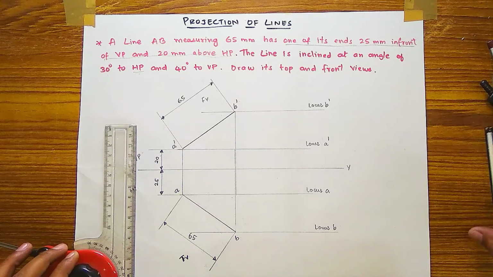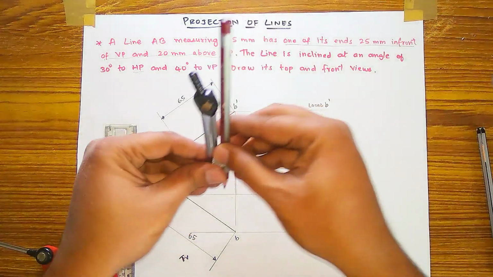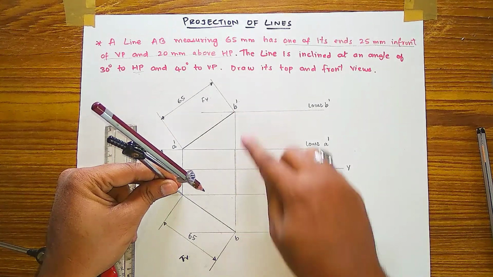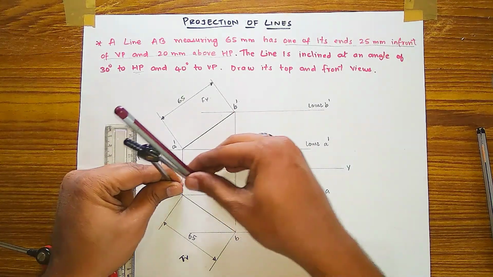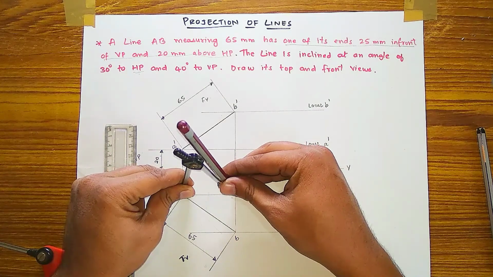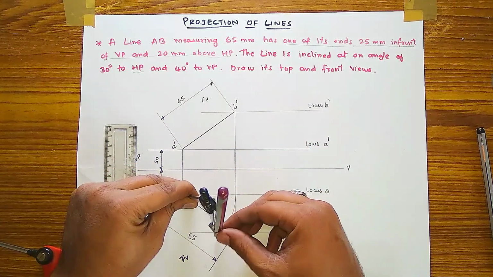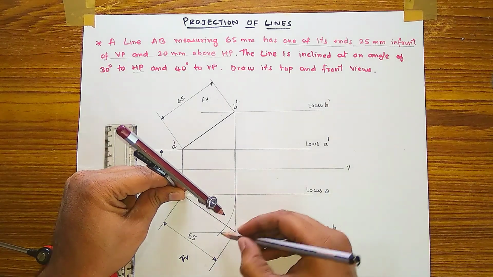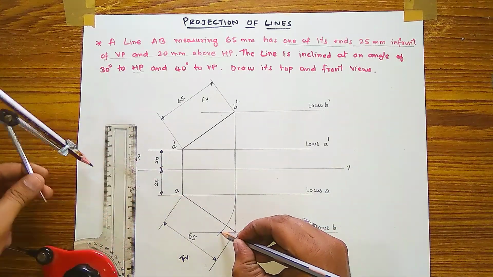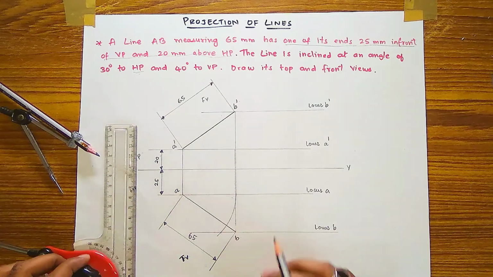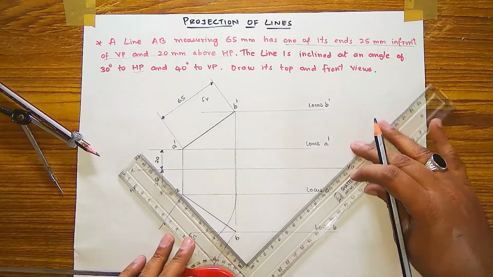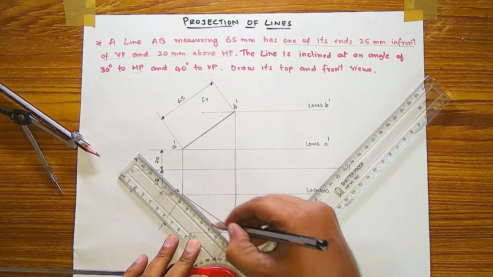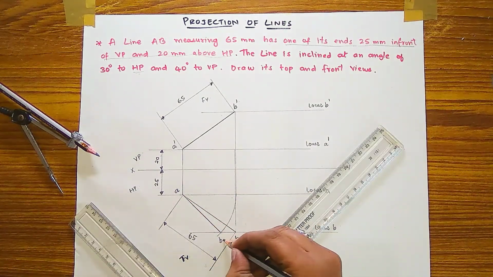Okay, then after, taking your divider, keeping it on A and the line coming from the B dash till this locus of A, you have to adjust your divider and take an arc like this till this locus of B. Then where this arc is meeting here, from this A to this end you have to draw one more line. In the top view you will get this, label it as B1 dash.